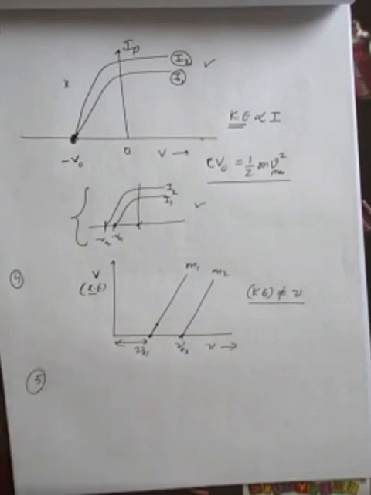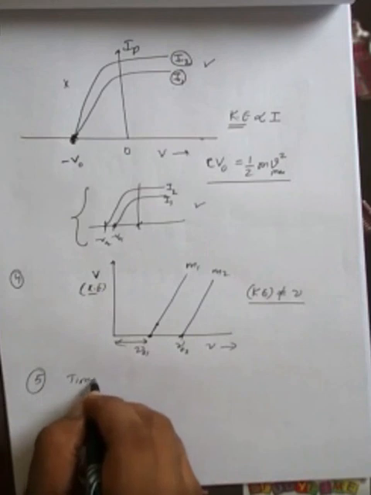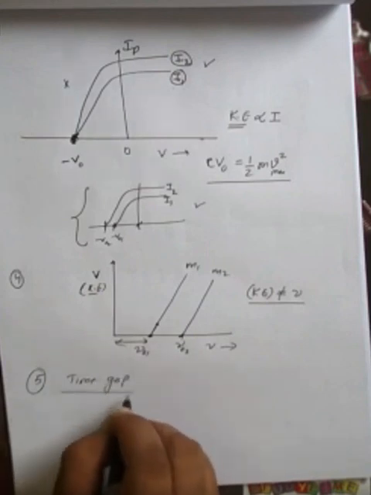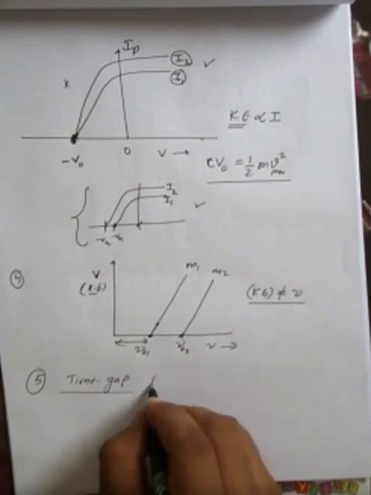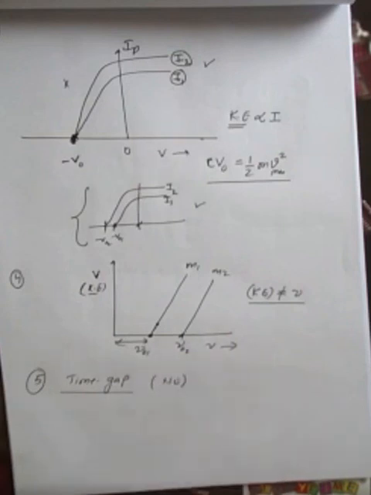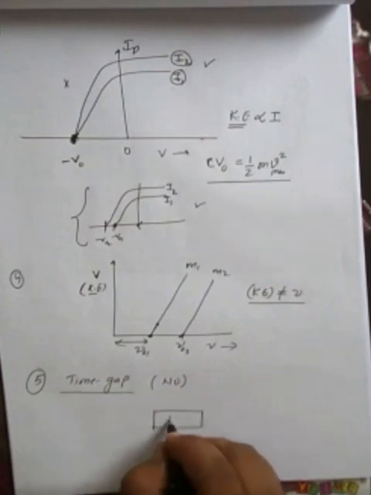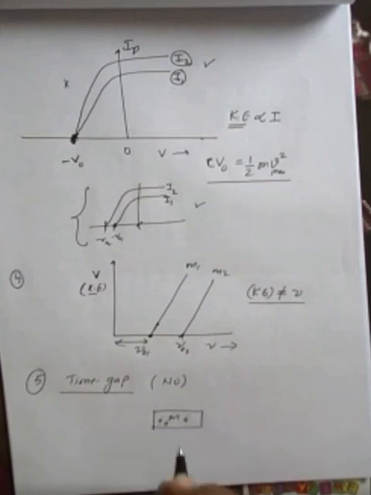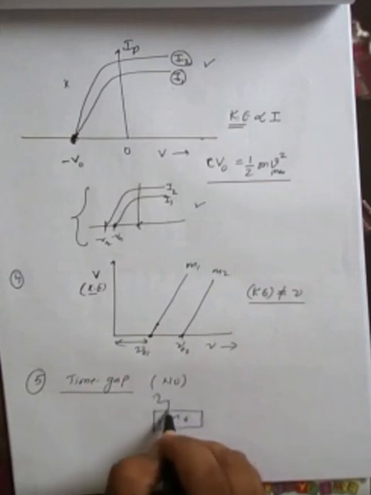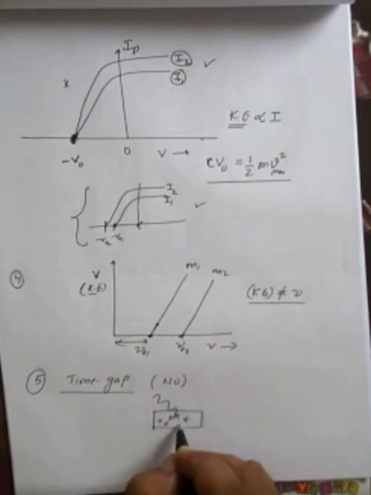Then the last observation was the time gap. So there was no time gap between incident of the radiation and emission of the photoelectrons. Okay, so there is no time gap. So this is an instantaneous process. So if we use the classical concept here, and this is a metal, photosensitive material, electrons are here, and then radiation, the wave, is interacting with these electrons of the matter, and then the energy of this wave will be distributed among the